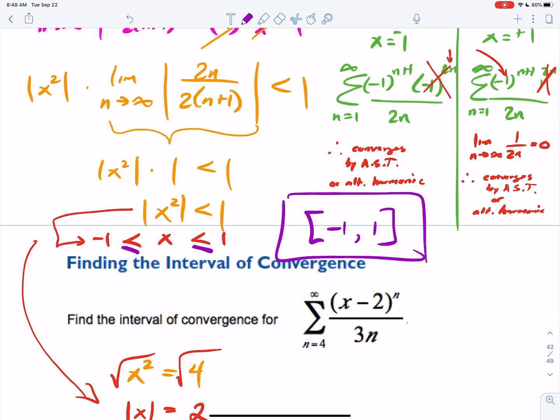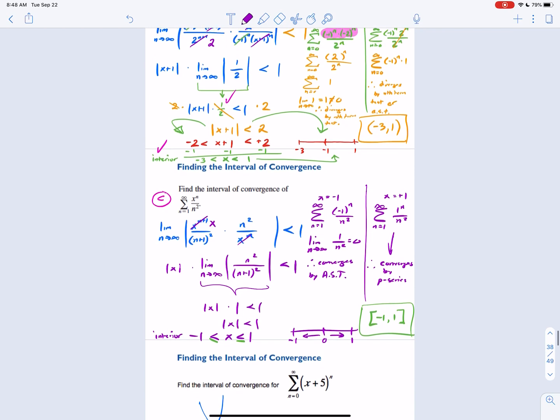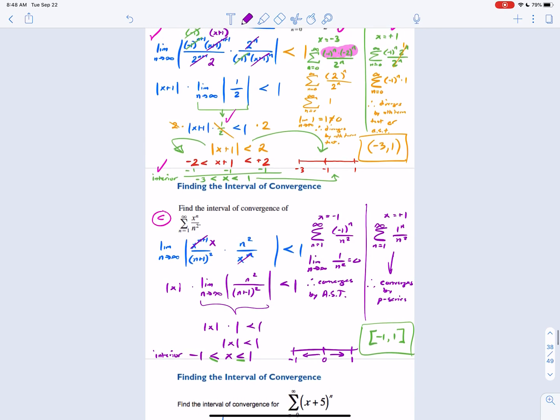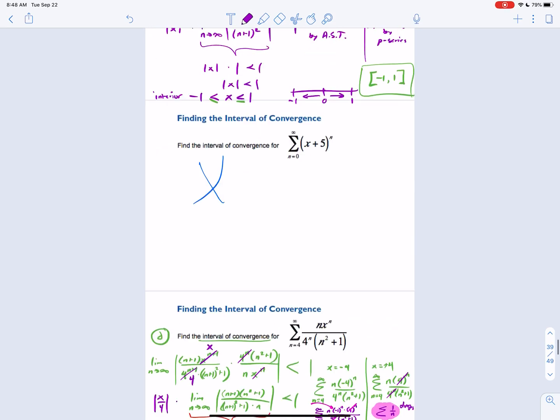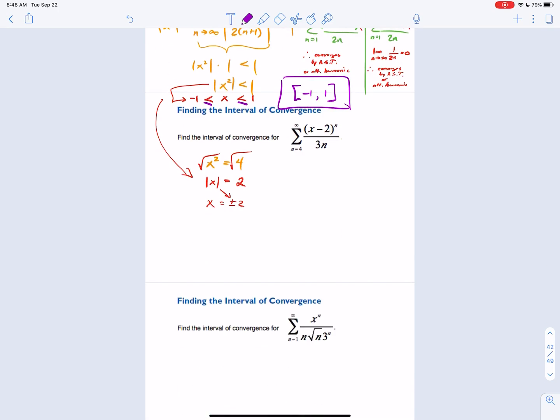Okay, hopefully that's enough practice for you guys to kind of understand the steps. But again, you're earning a lot of points, at least 5, sometimes 6 out of 9, just for this one question, okay? So go ahead and practice, try out the homework, let me know how you guys do, and we'll go from